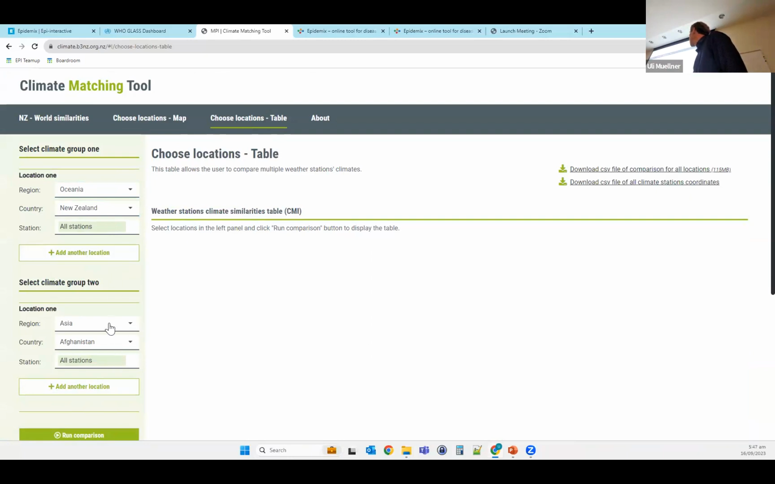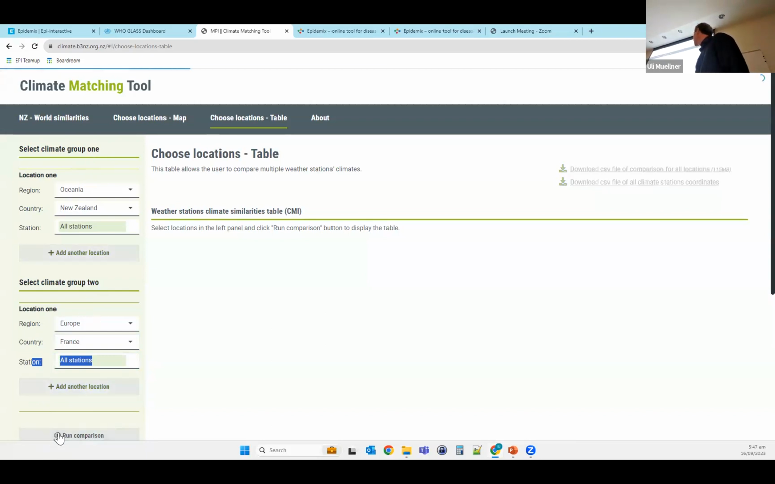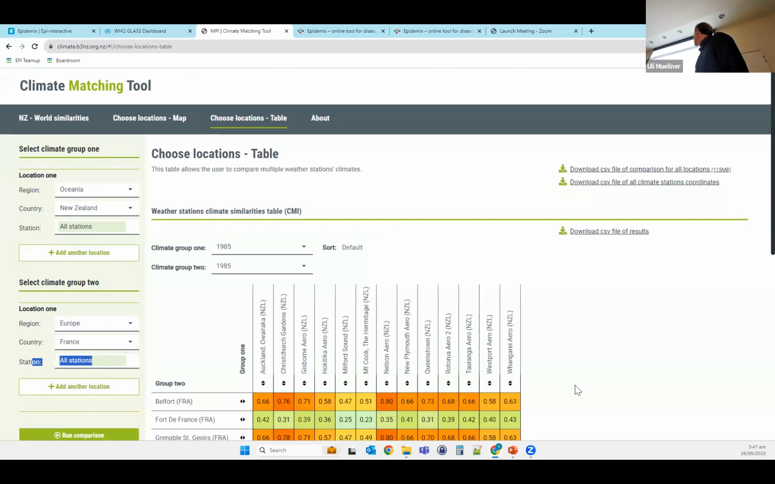Then let's go to Europe, and France. I think that's it, yep. Okay, so we've got climate group 1 compared with climate group 2, and then we run the comparison, and